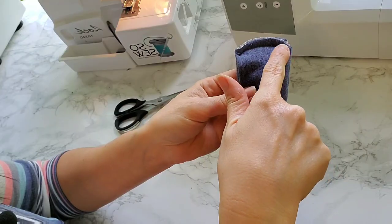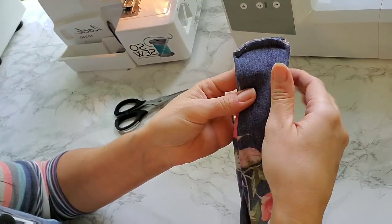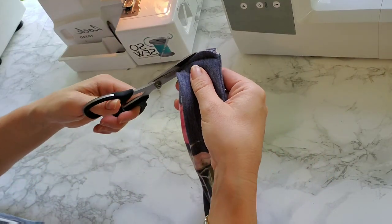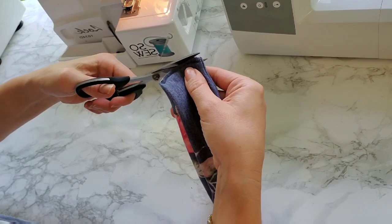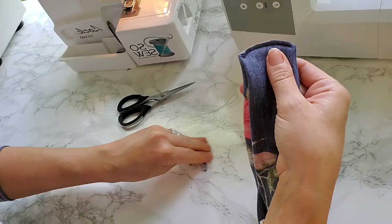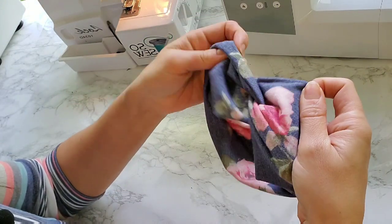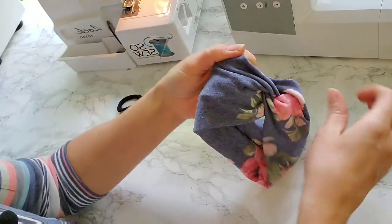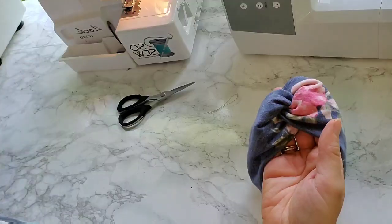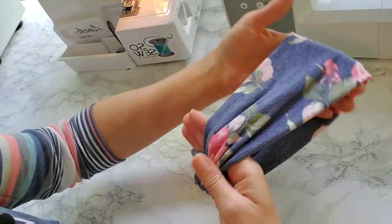Once you've sewn the curved line of stitching to sew your sandwich of fabric together, you will need to clip away the excess fabric, leaving about 1/8 of an inch of fabric remaining, being careful not to clip through the stitches that you just made. So now when you open up your headband, you'll have that nice twist that hides your seam so that the back of the headband is flat and smooth,